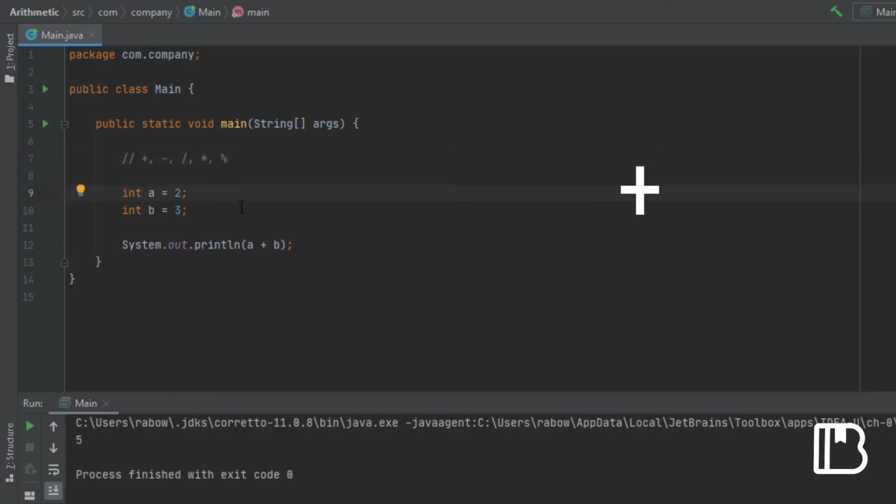If I wanted to do this with decimals, as we saw a second ago, I would need to change these data types to double, thus allowing me to add decimals. Here I've added a whole other number in these 0.5s, so I should get the expected answer of 6. We run the program, and we see that I got 6.0, or 6. For purposes of this, I'm going to go ahead and just change these back to integer,